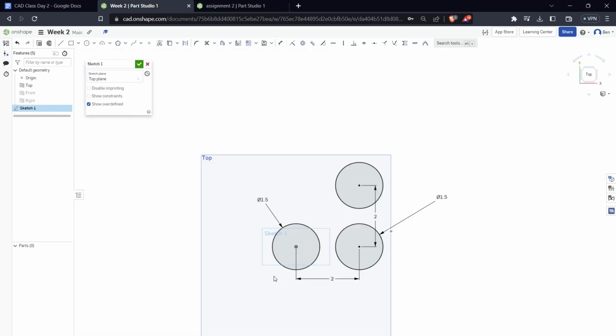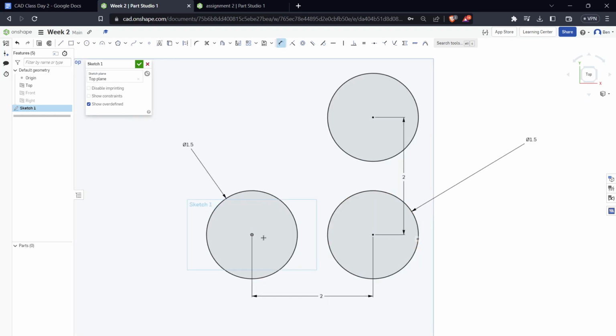And as you can see, the whole sketch will turn black, which means it's fully constrained. There's nothing I can do to move it, no matter what. If I try to force it to move, let's say I want to make this 3 inches, I want to make this further, it'll actually turn red. It'll break the sketch. There's nothing I can do to move any of these pieces because they're fully constrained, and